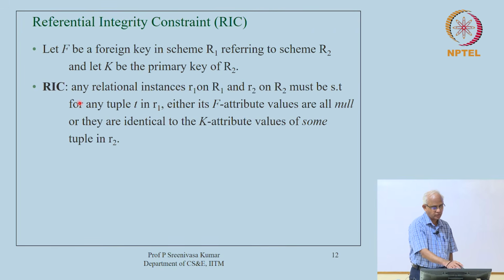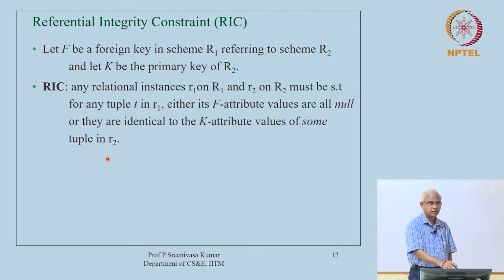The RIC says that in any relation instance of R1 and R2, for any tuple T in R1, its F attribute values are either all null